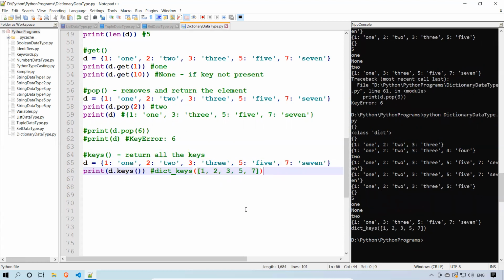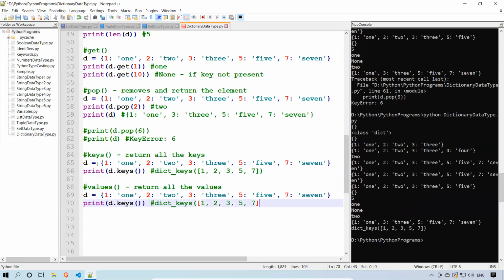And the same way you have values, which return all the values. So I will do the same thing here, but I'll remove this output. Here, instead of keys, values.